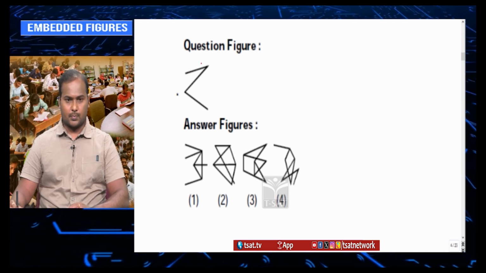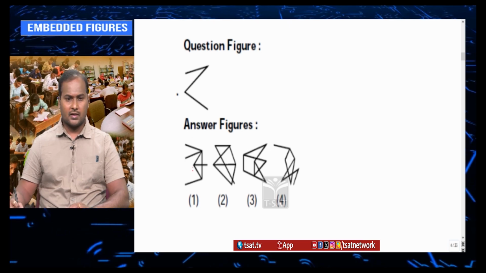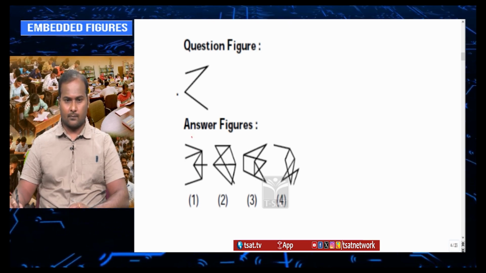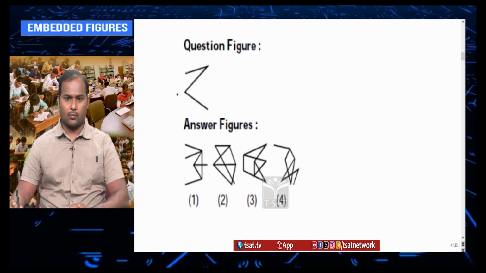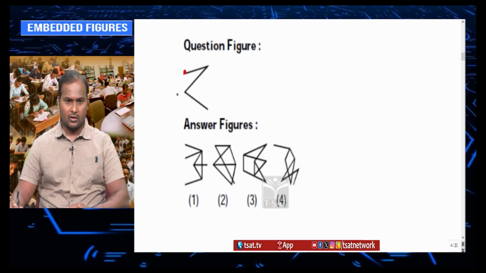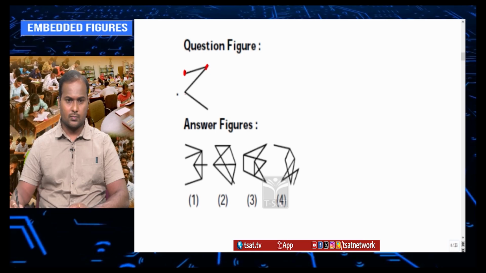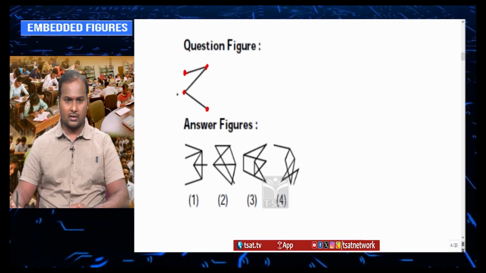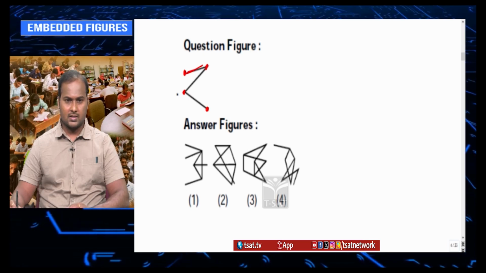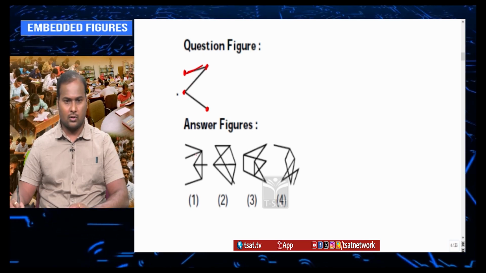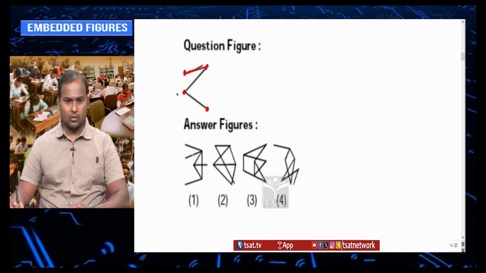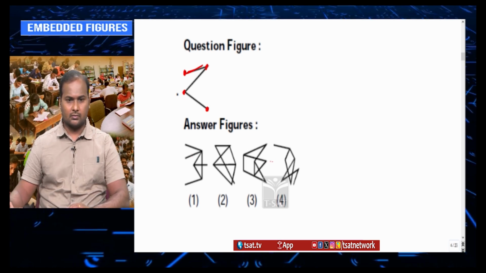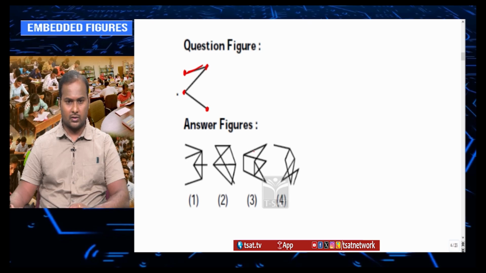Let's see this particular question. In case of option 1, check whether it is possible or not. You check from any point. Generally you take certain points in this kind of question. For this one, you take this point, this point, and this point. You try to check whether these lines or points are possible in one particular option. By observing all these, I can directly say that in option 3,